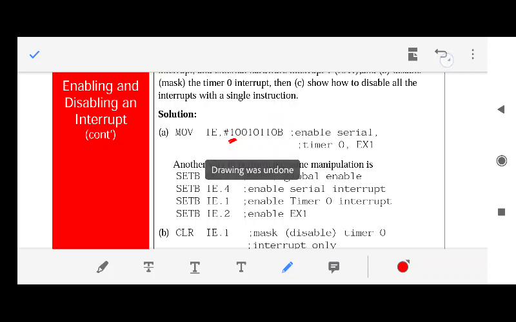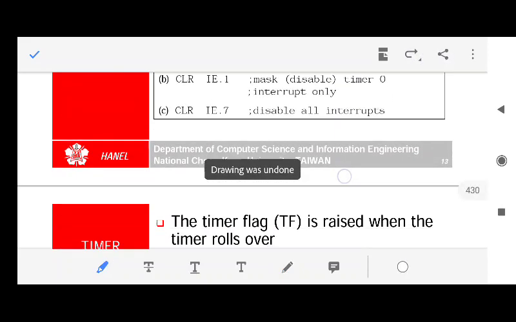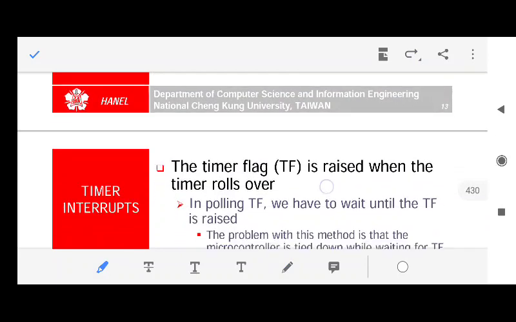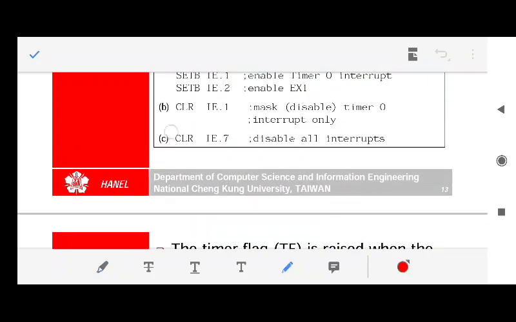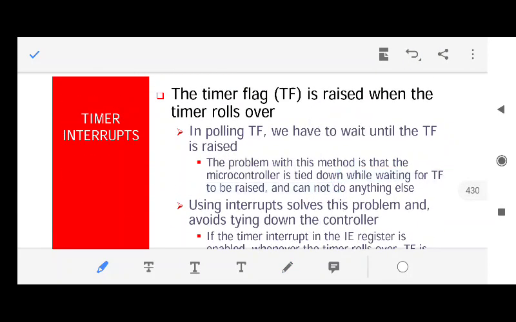Simple. Fine. So similarly, other examples have also been done. The C and B, you can do on your own, so that you will be clear on how to do that. See, some bits are also cleared. What is clear? Clear means you are making it 0. That means you are disabling that particular interrupt. Fine. This also you can do. Now let us move forward. Now we will take the interrupts one by one.